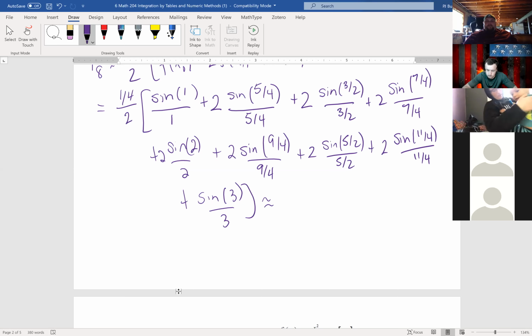I got 7.2187022454. Is that for everything in the brackets or the entire calculation? Oh, that's just for the brackets. Okay, so go ahead and divide it by 8 then. Right, because it's 1/4 divided by 2, that's all 1/8. Yeah, so that gives